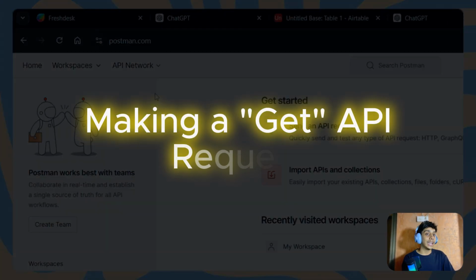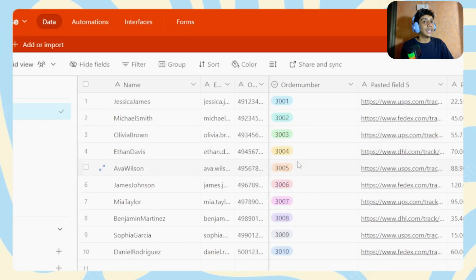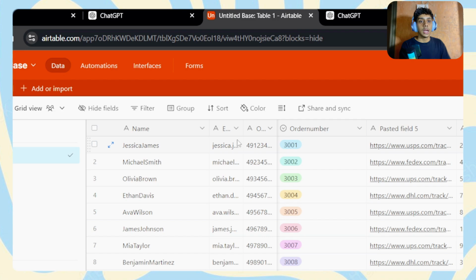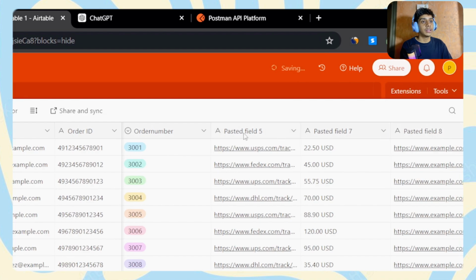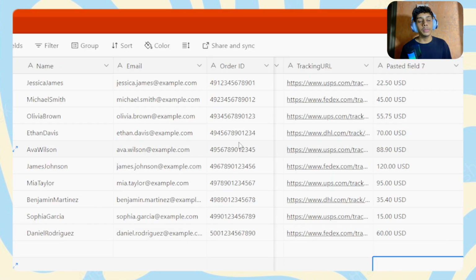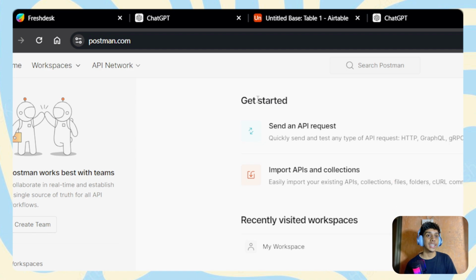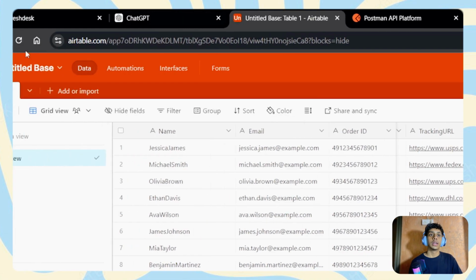Now we're going to make a GET call to a different system. I created a fake database on Airtable. It contains the names of people, their emails, order IDs, order numbers, and their tracking URLs as well. Now we're going to make a GET call to Airtable with the help of Postman. Postman just allows us to check whether our API module is working perfectly or whether there are any errors. So what we're going to do is head over to